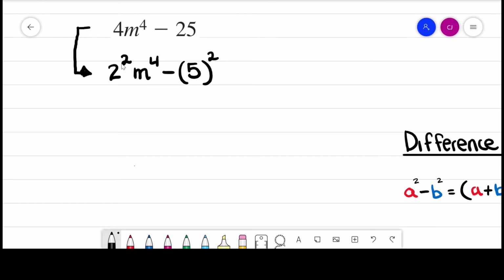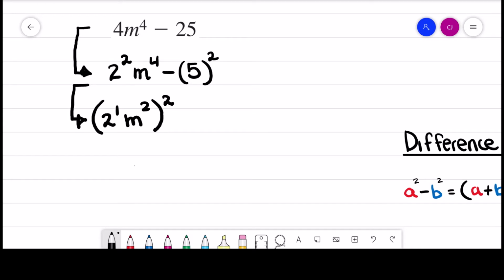So I'm going to take this 2, and watch what I'm going to do. I'm going to rewrite this as 2 to the first power times m to the second power, and I'm going to write a parentheses and put the power of